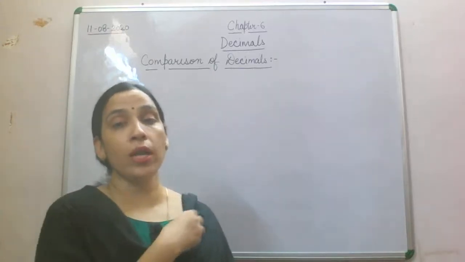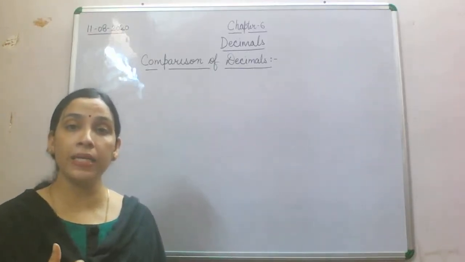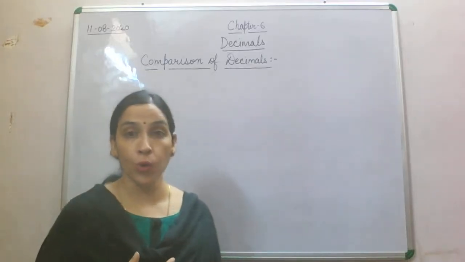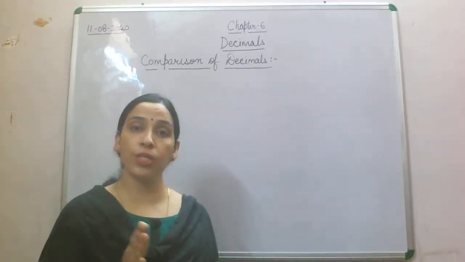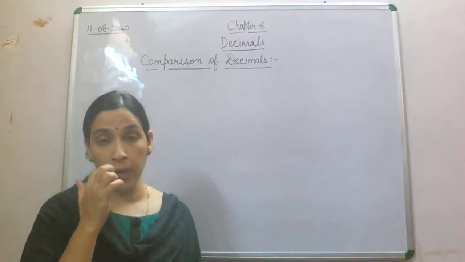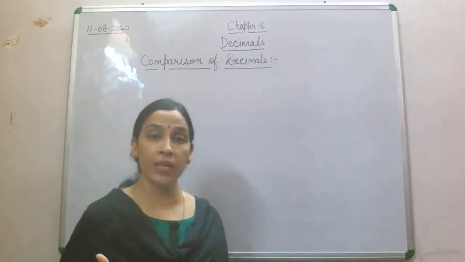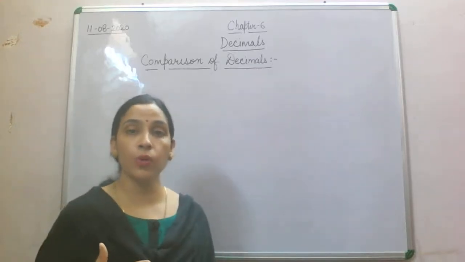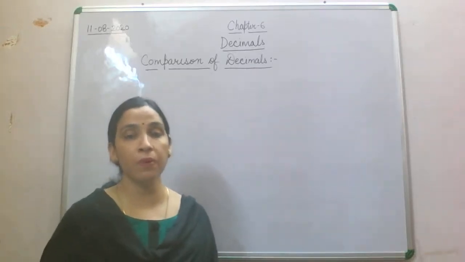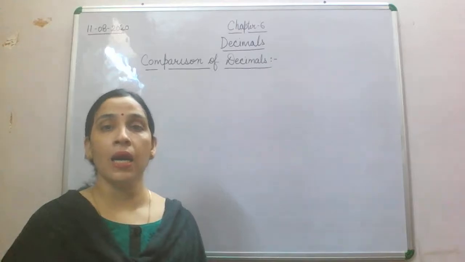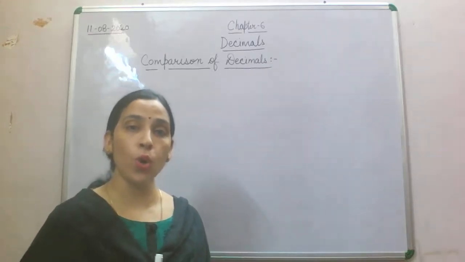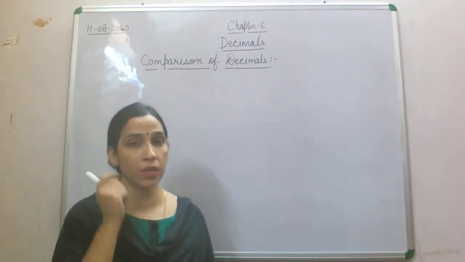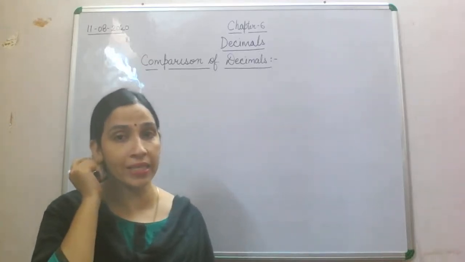As you all are aware, we have done expanded notation, and how to write an expanded notation into short form, that also we have done. How to write the place value of a decimal system, that also we have done. So children, today we are going to do comparison, but before comparison I'll make you revise all those concepts which we have done previously, that is 1/10.